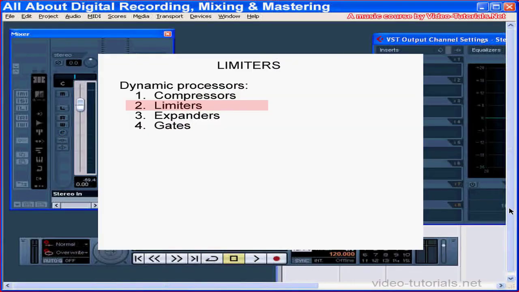Hey there, welcome back. In this tutorial, we're going to learn about another dynamics effect called limiters. A limiter is a type of dynamic processor. Remember, we mentioned in our previous tutorial that the four types of dynamics processors are compressors, expanders, limiters, and gates. Dynamics processors adjust the volume of a signal. In this video, we'll be learning what a limiter is, when to use it, and how to work the controls